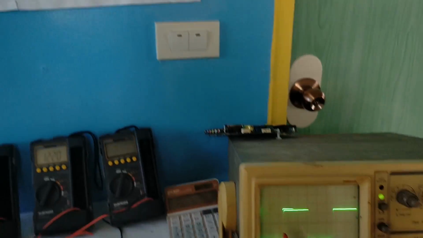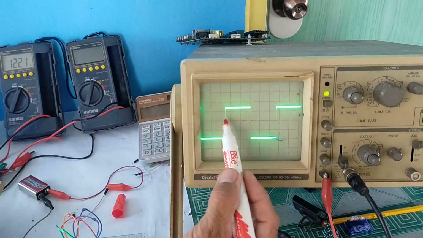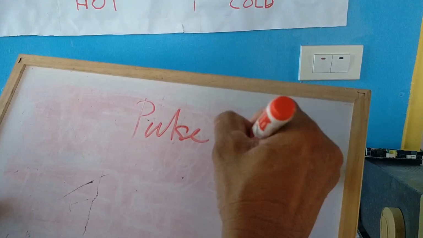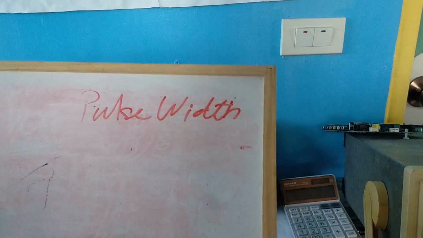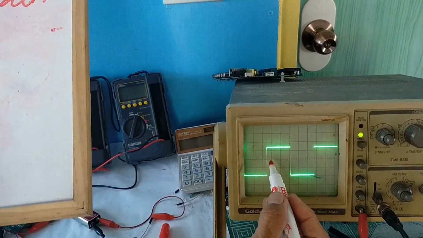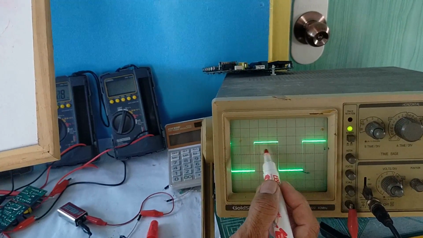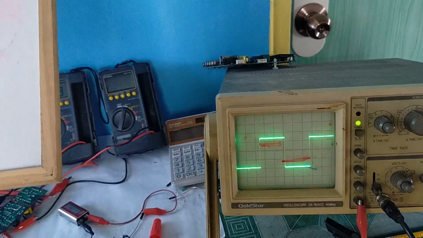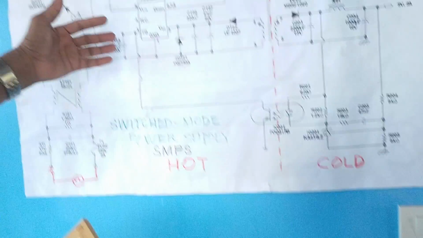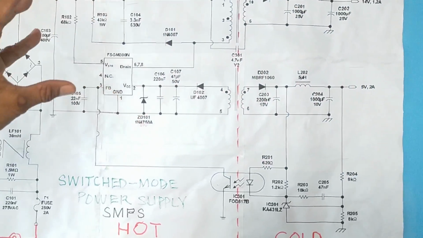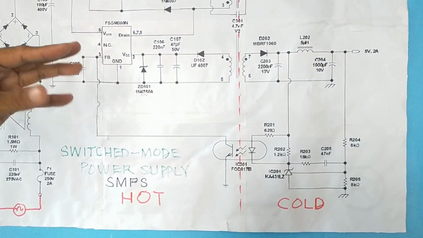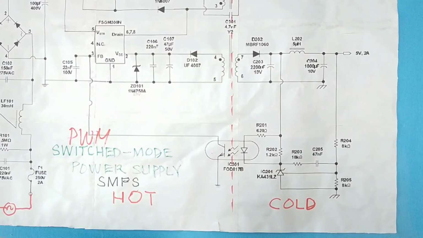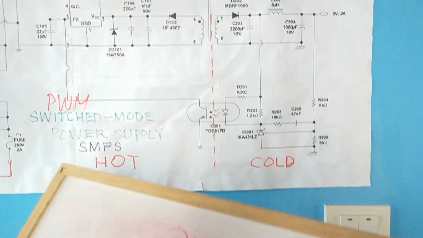However, the width of these pulses, we call this the pulse width. The pulse width is actually the time that the transistor is conducting. At this point, the transistor is conducting, but at this point, the transistor is cut off. So actually, this switch mode power supply is sometimes called PWM, or pulse width modulated. It goes like this,